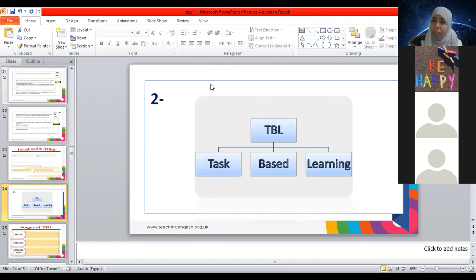So this is a task. To give a presentation, this is a task. But when I ask my student to just choose, this is an exercise, not a task. So when I have something that is related to real life